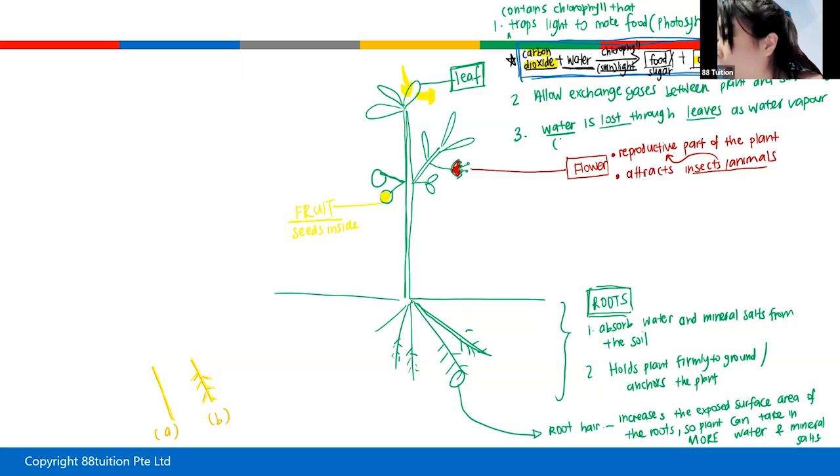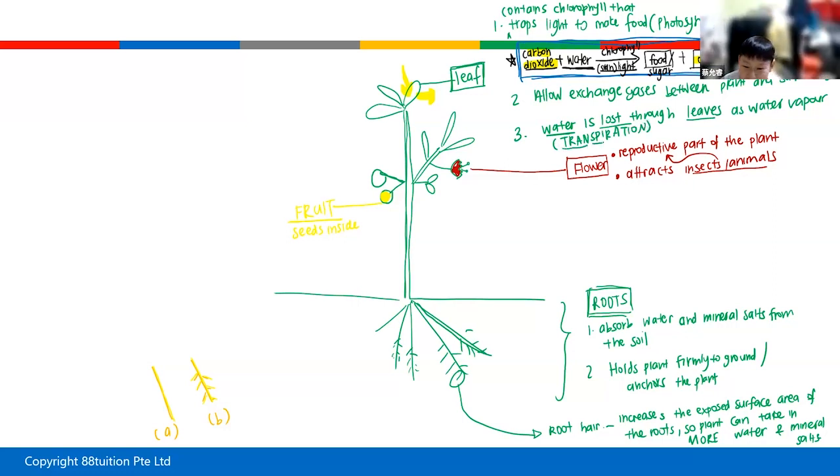This process is known as transpiration. Can you say the word for me? Transpiration. Try. Transpiration. Very good. So all these, okay, the gases and the water, they are lost through tiny openings at the bottom of the leaf, known as